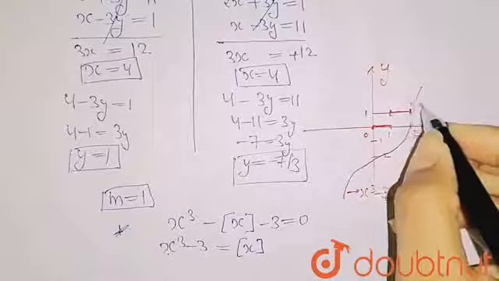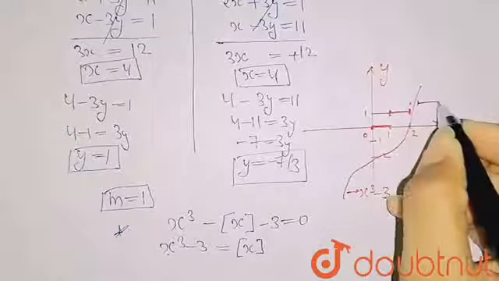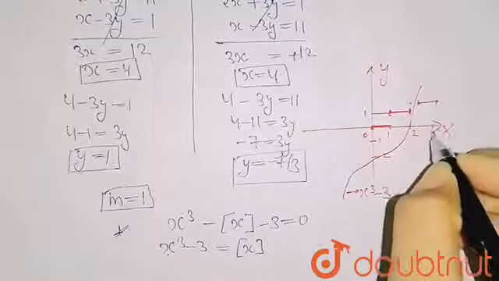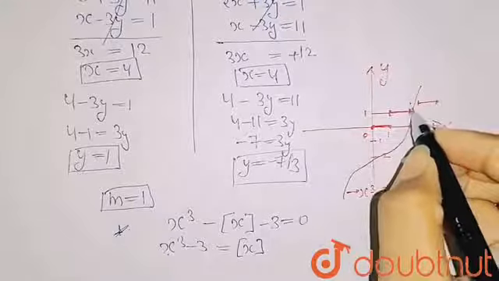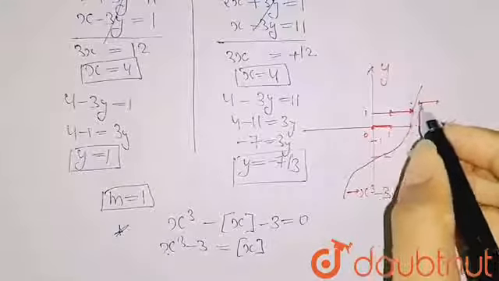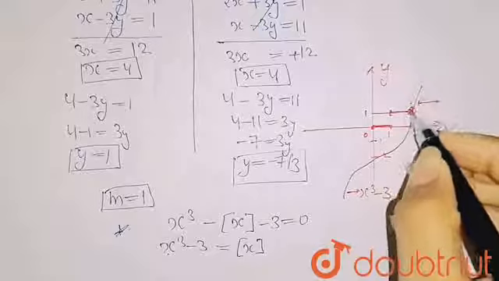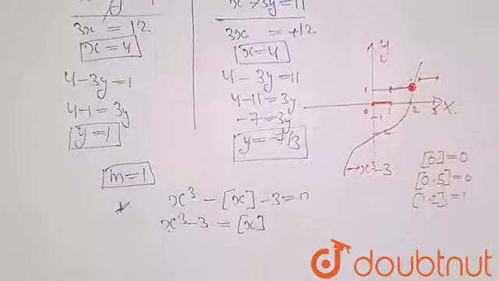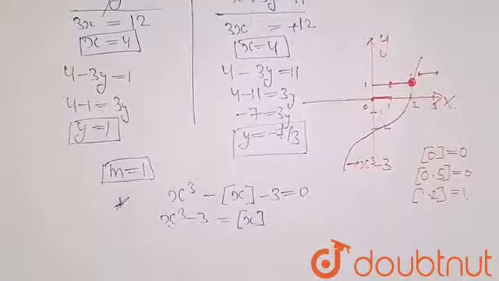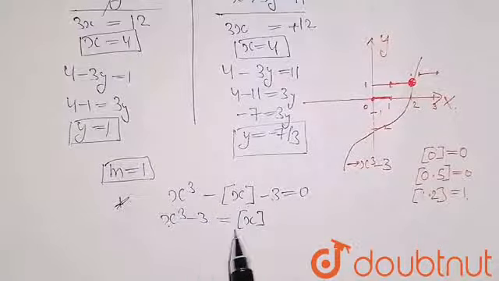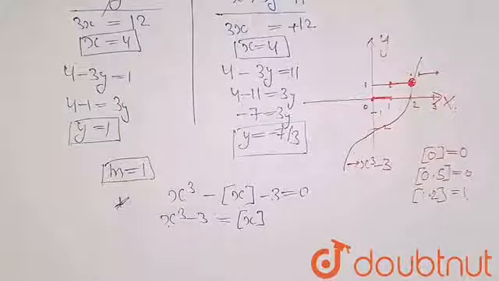Then further we can make it, from 2 to 3 also. So you can see that only this part will be my touching part on this graph. So from this I can say that I am having only one solution. Both of these will be touching at only one point. It means I am having only one solution.